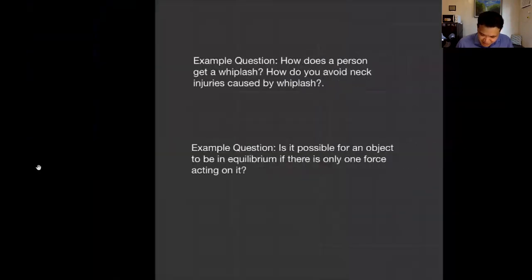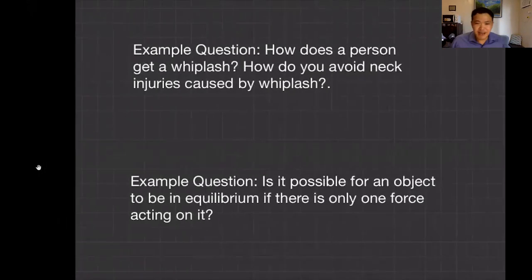So I think we can end this session by trying to answer this sample question. How does a person get whiplash? And how do you avoid neck injuries caused by whiplash? Whiplash happens if the car is moving and then suddenly it brakes, so your head will move forward. Of course the best way is to use the seat belt, but sometimes even if you're using a seat belt, you might have a neck injury because of whiplash. So a better way to avoid it is to drive smoothly and brake smoothly. Don't